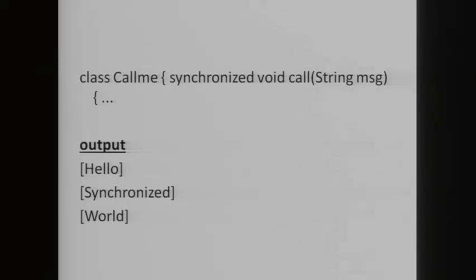So any time that you have a method or group of methods that manipulates the internal state of an object in a multi-threaded situation, you should use the synchronized keyword, that is, to guard the state from race conditions. So remember, once a thread enters any synchronized method on an instance, no other thread can enter any other synchronized method on the same instance. However, non-synchronized methods on that instance will continue to be callable.